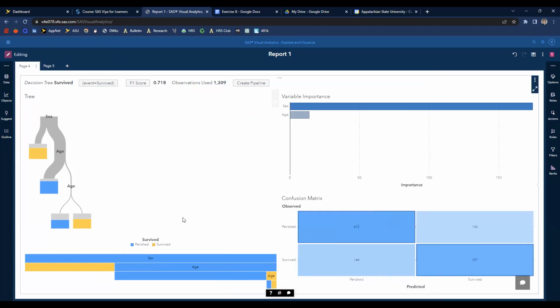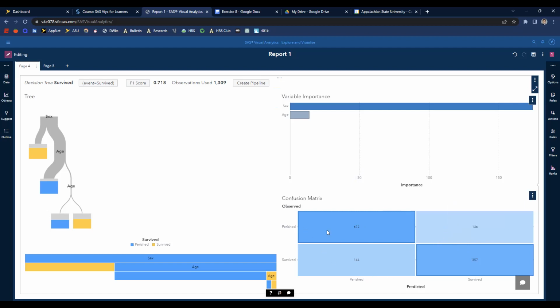age and sex. And specifically what they're wanting us to calculate here is precision, specificity, sensitivity, accuracy, and the F1 score. So to look at 4 out of the 5 of those specific measures, we're going to go down here to the confusion matrix. Here we can see the amount perished, the amount survived, as well as some error within